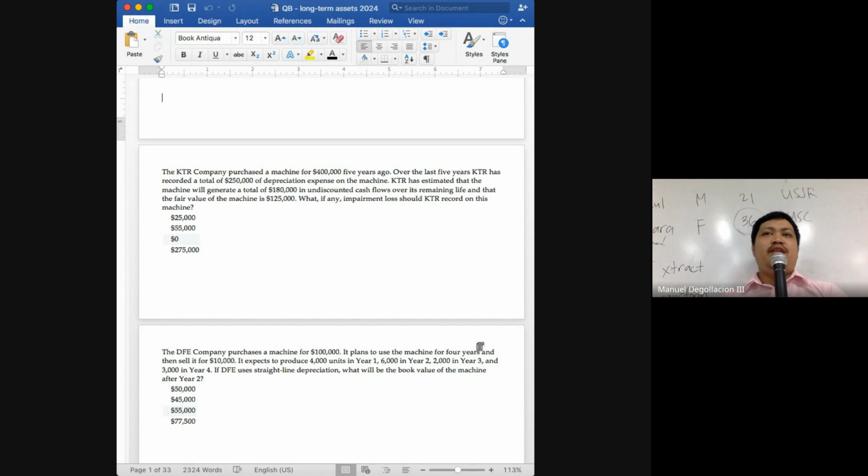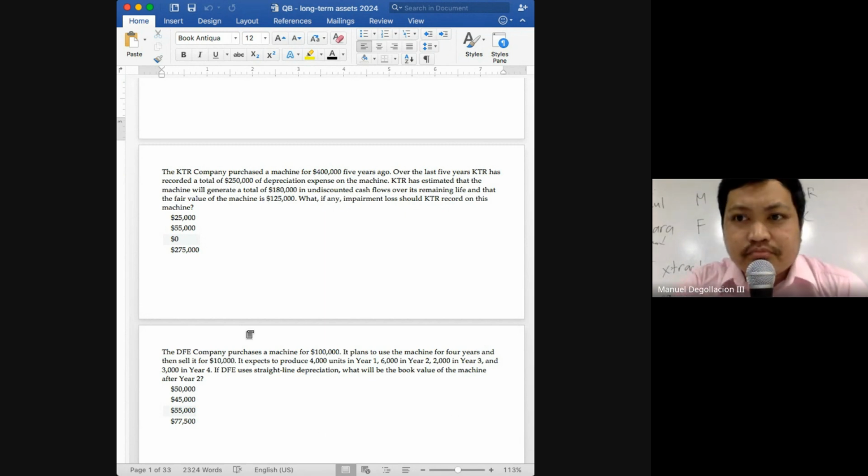No, the 400,000 here is the original cost. If you're going to review for impairment, make sure you update the carrying amount or the book value. Since we are already 5 years into the asset class, the carrying amount will no longer be 400. It is reduced by the accumulated depreciation. How much is the accumulated depreciation here? 250. So if the original cost was 400,000 and you have accumulated depreciation of 250, then your book value or your carrying amount